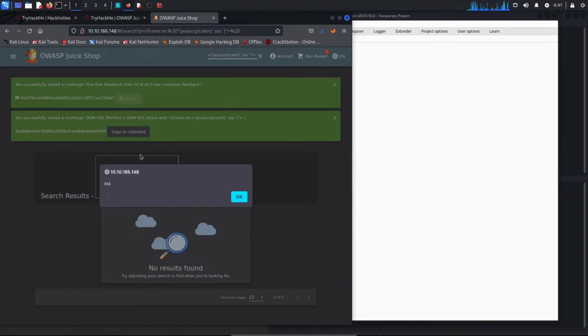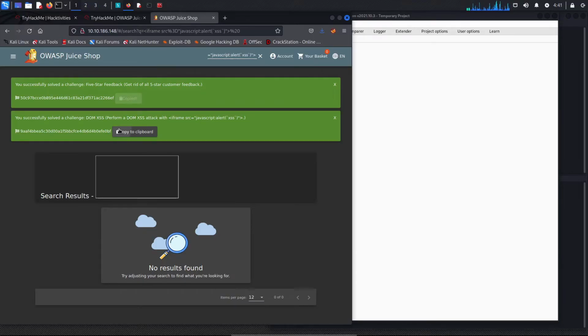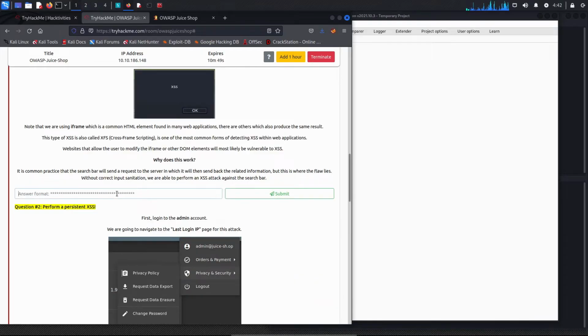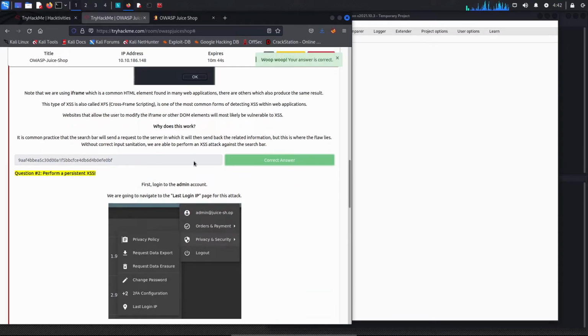That should give us the flag. It means that the search bar is vulnerable to cross-site scripting attacks, and that should be the solution. Again, we have the explanation here of why it works, and TryHackMe also has a room dedicated to cross-site scripting attacks.